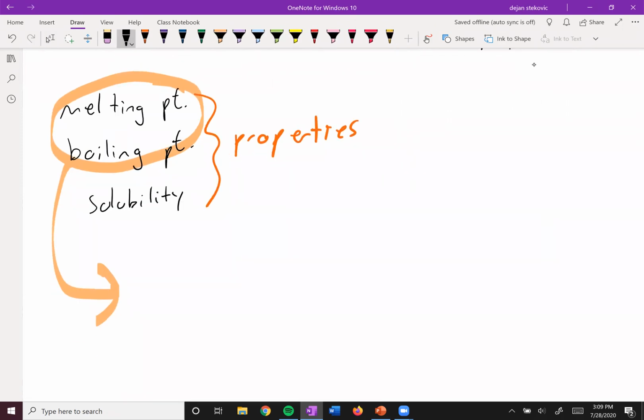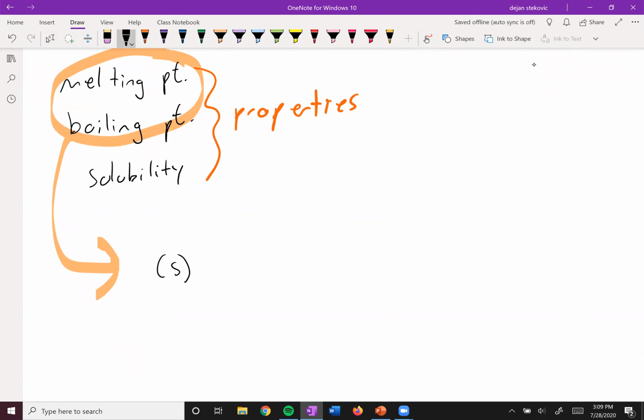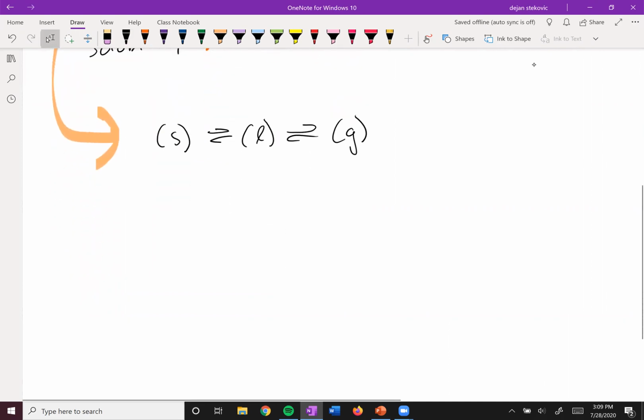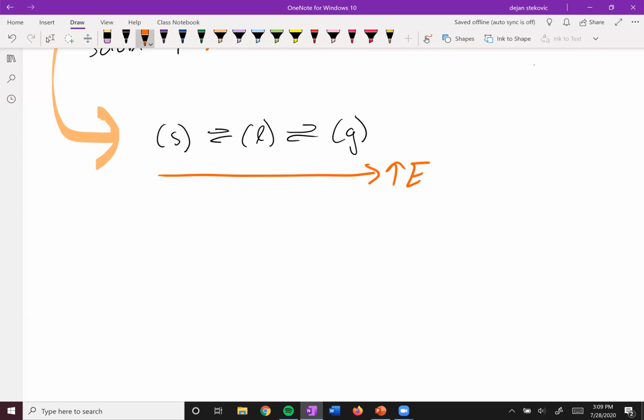So what we're talking about here is phase transitions from solids to liquids, right? That's melting or freezing. And then from liquids to gas, right? That's boiling or condensation. So think about what all of these mean. And remember, when we go from left to right, we increase the amount of energy, right? So to go from a solid to a liquid to a gas, in general, we increase the amount of energy